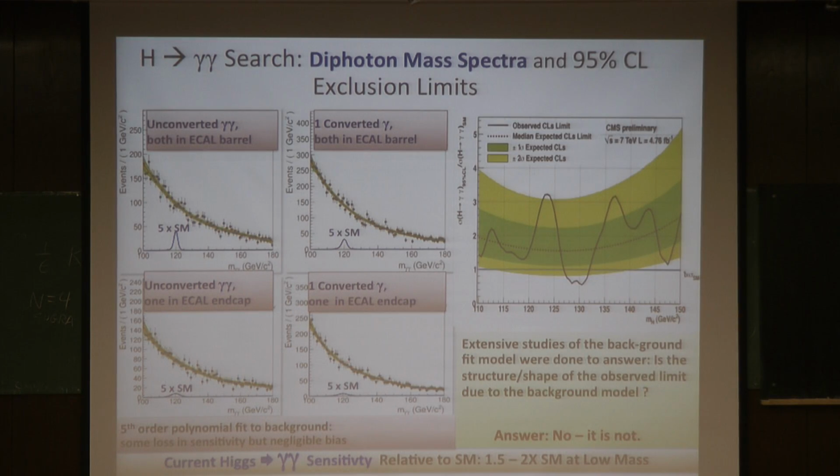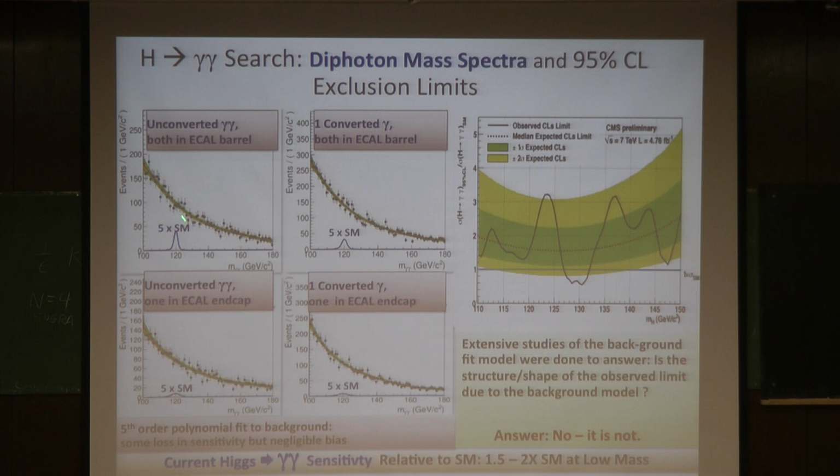Now, other than the plot that I showed you before, these are the plots of the invariant mass spectrum for the different types. We said last time, we have good types of photons and intermediate types of photons, and that has to do with an interaction with the material, whether they are converted or unconverted, whether they're in the barrel region, the central region, or whether they are in what we call the end caps. And the reason is because the resolution and the transparency change, all of that is changing as a function of eta.